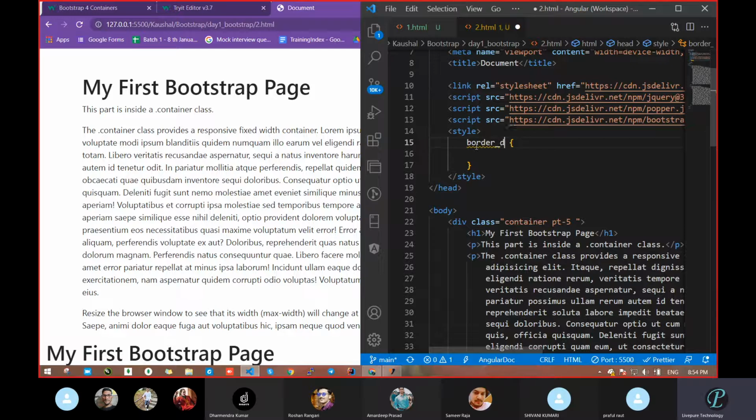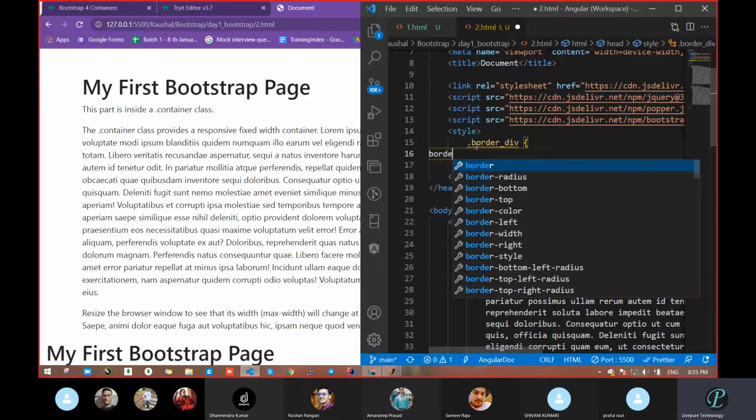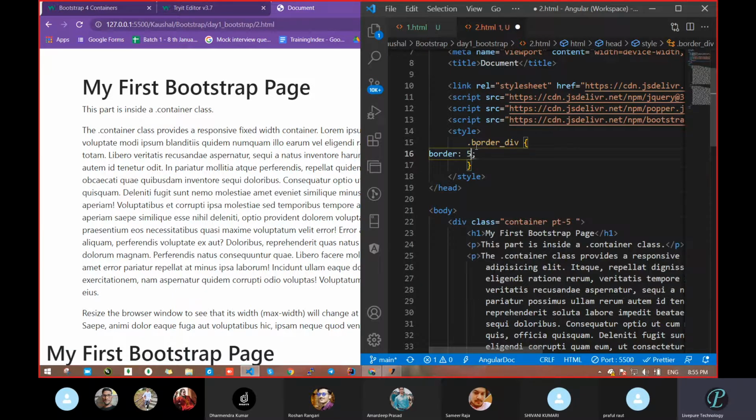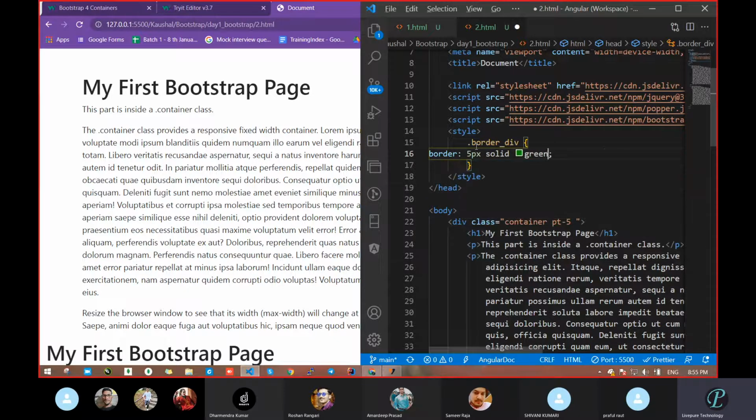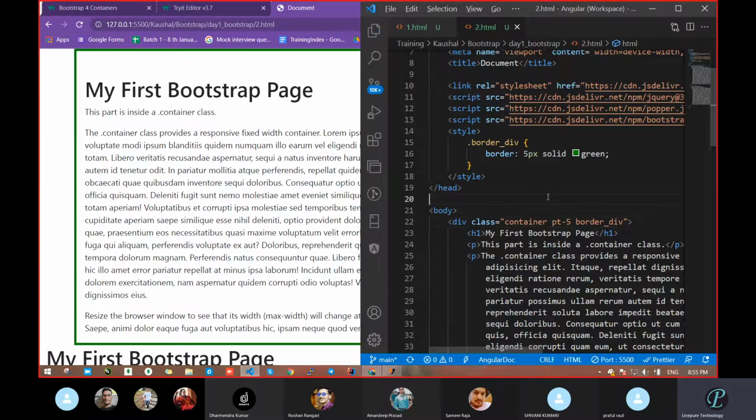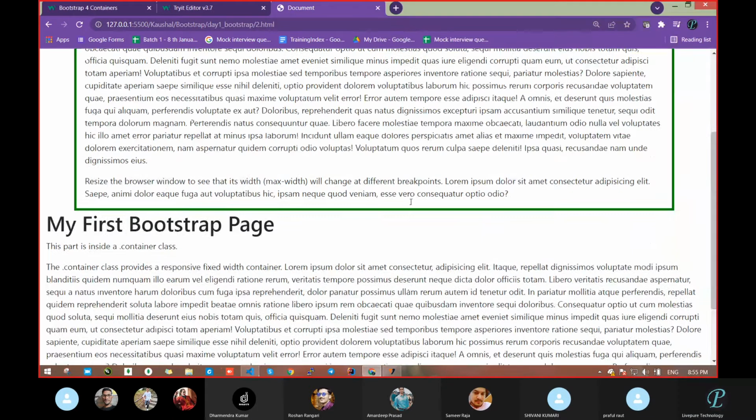I gave div underscore border underscore div and passed a dot here. Next, we want a border. Write border 5 pixel, solid, and I am taking green color. Save. We did not get it because we had not added our class. So add our class. Clear up to this? We got that border.